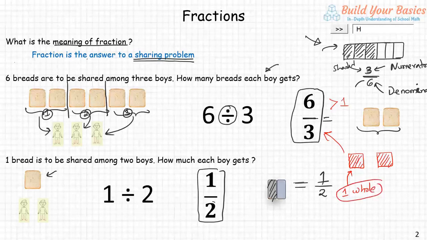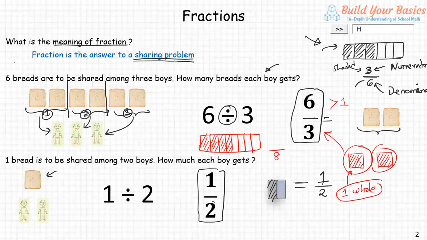In the shading problem you will not be given two such boxes. You will be given one long box and then some of them will be shaded like this. And then you are asked what fraction is shaded. So here you take the whole thing as one whole and that has 1, 2, 3, 4, 5, 6, 7, 8 pieces. So you put 8 and then you see how many pieces are shaded. There are 4 pieces that are shaded. So the answer is 4 by 8, which is 1 by 2. So half of the rectangle is shaded. So your answer will always come less than 1 in shading problem.